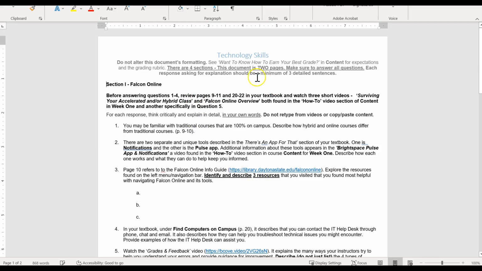When you open the worksheet, you will see it looks like a worksheet. It has numbered questions and instructions. Please make sure that you do not change the format. You want to leave the numbers intact. You want to just type your answers in after the question. It's important that your instructor can see the question that you're responding to and that they have the proper numbers. So if you make an error, they can make a reference such as, you made an error on number 3. So please make sure that that stays intact.